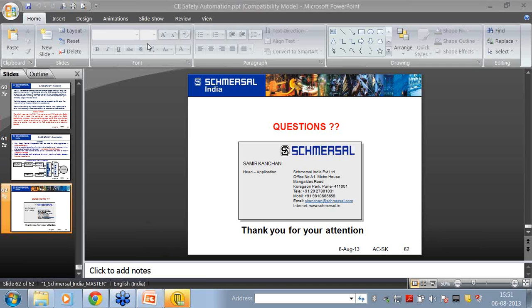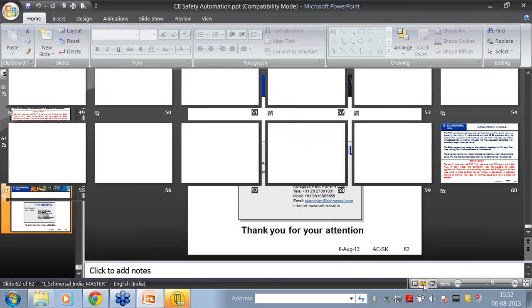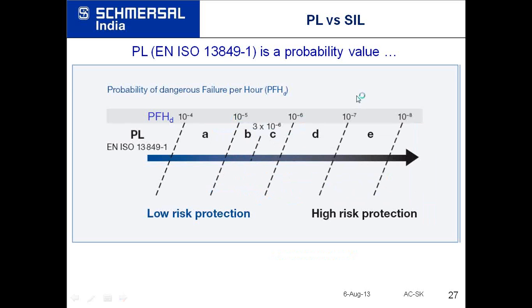Then someone has asked whether I can show the slide PL versus SIL. I'll just show this. How can I minimize this? I'm just showing the slide PL versus SIL. You can see this slide. Okay.